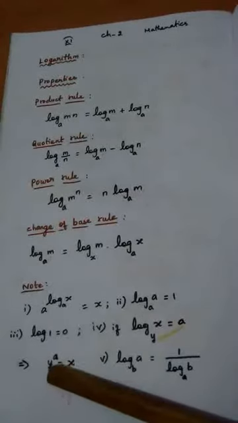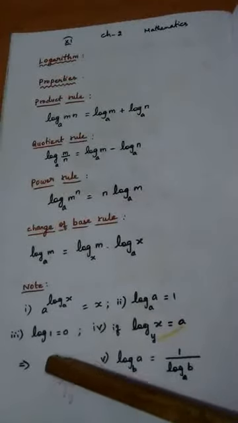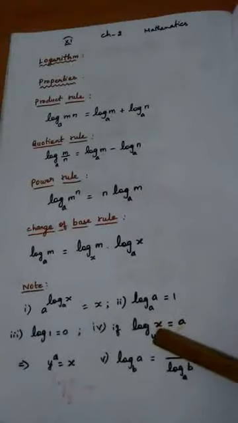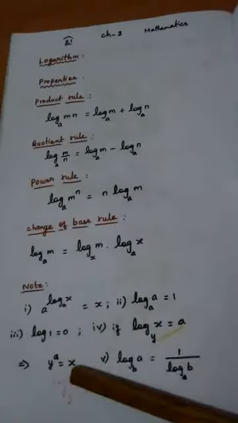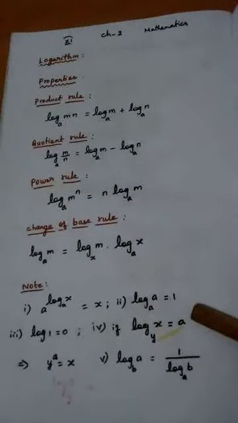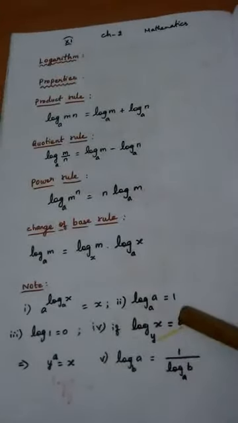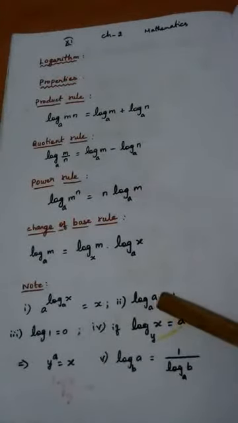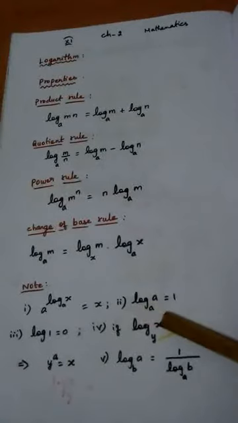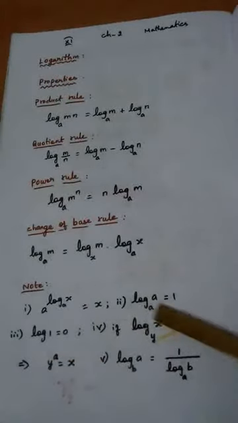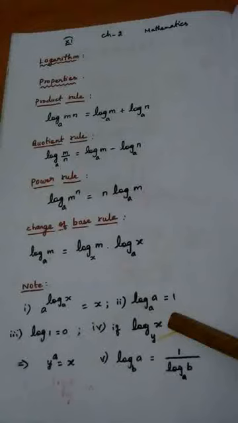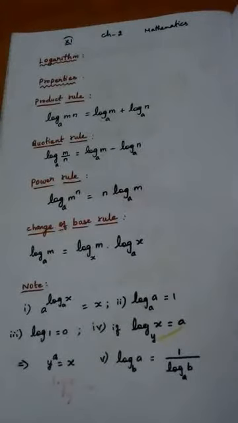That is, see, the base is y, power is a, right? The base is also the base for logarithm. The answer is log value, and here the result is nothing but the power. So try to understand how to write logarithmic to exponential and exponential to logarithm. You should know that we will use in problems that we are going to see.